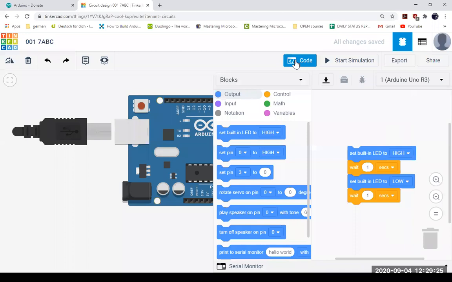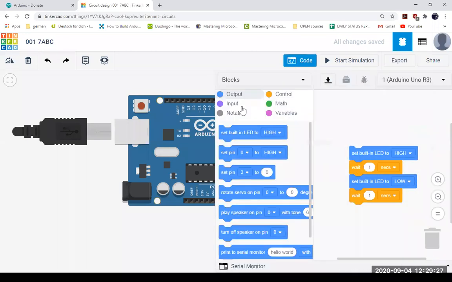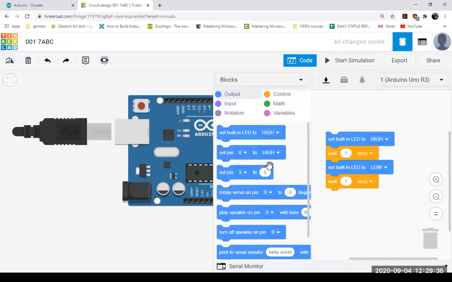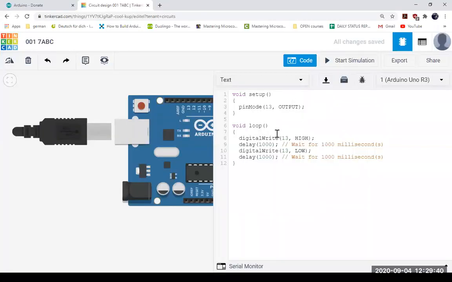Now, when you click on the code, here we can write a program for this Arduino. There are two options. We get block coding, which is used for small kids, but we will be using text type of coding, right? This kind of coding. So we are going to write the text. Now, there is some default code available. You don't have to really understand all of this right now. Just have a look here.